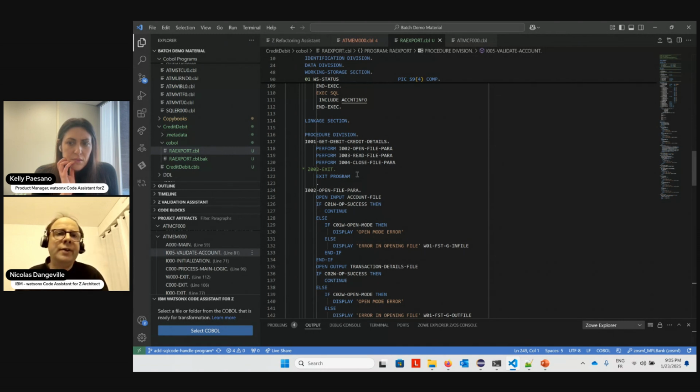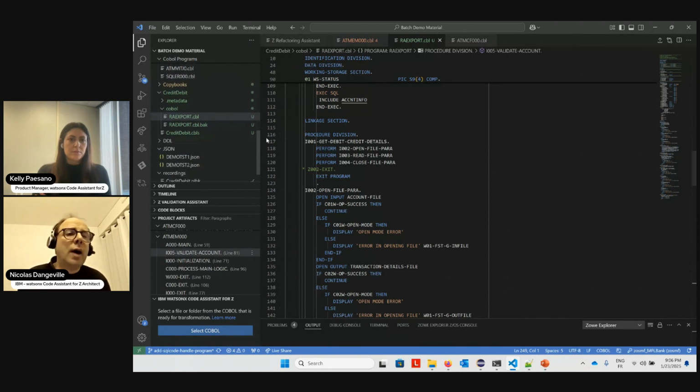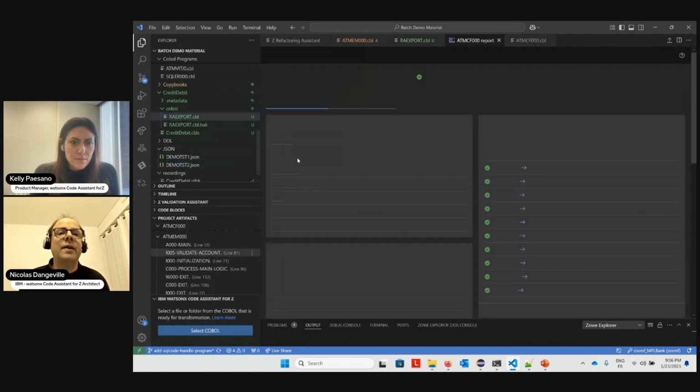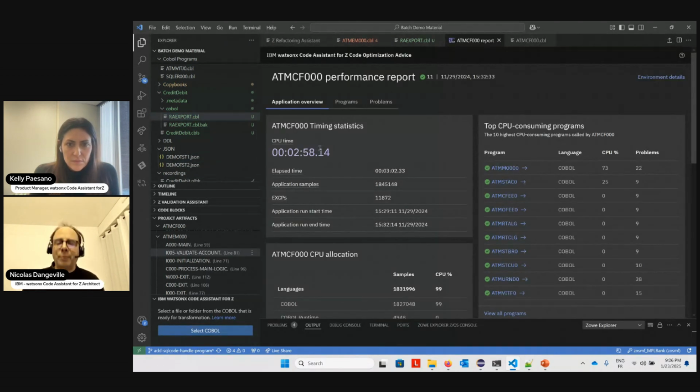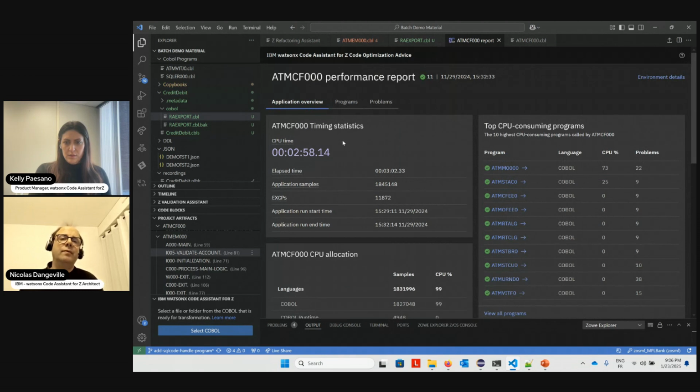I have one last thing that I would like to show you. Remember, when I ran the execution, I collected two pieces of data, one about the flow of execution and another about the performance. So I want to finish and show you the report. It generates this report that I can open, visualize here, that tells me, you know what, when I run your scenario, it took this time.